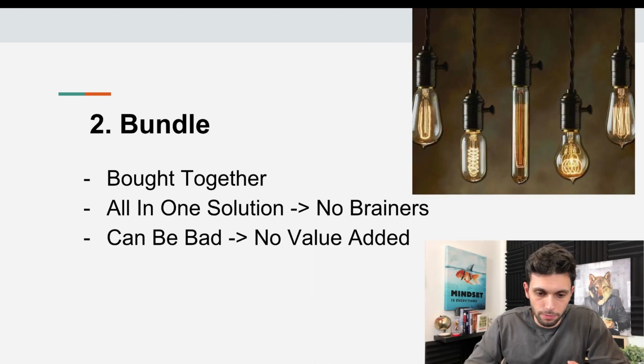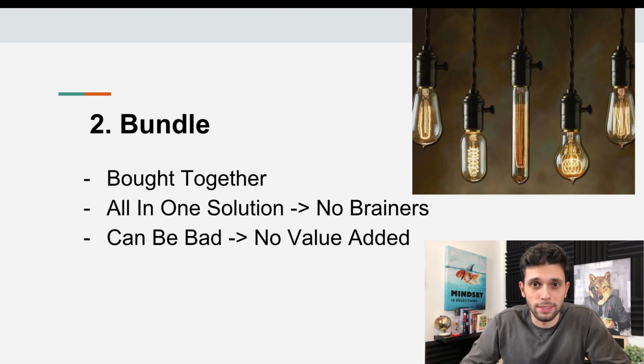There's a couple other ways. Bundling. You guys obviously know this, and that's just when you buy a couple products together, a few things that work together, and you get them in one package instead of buying them separately. So you can do this with a couple bestsellers, two bestsellers in that market, put them together, and it makes a good bundle.